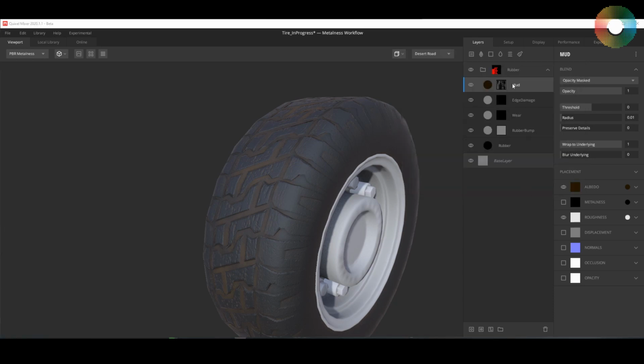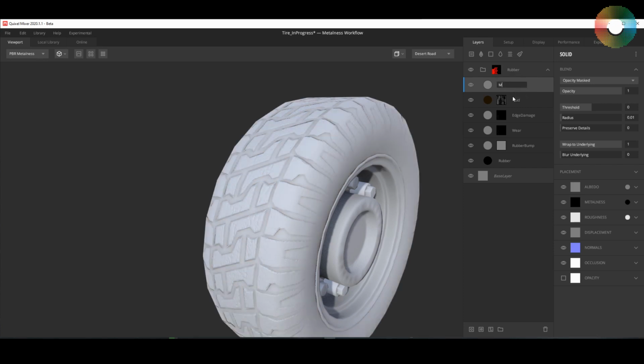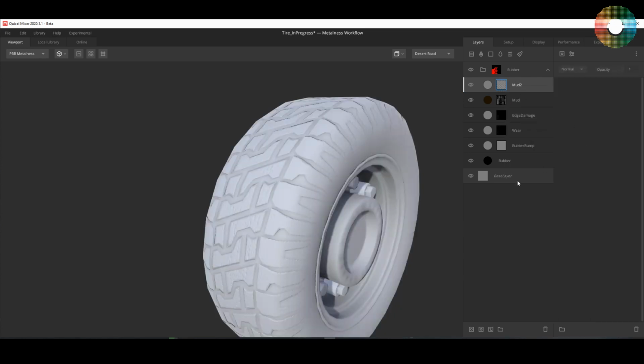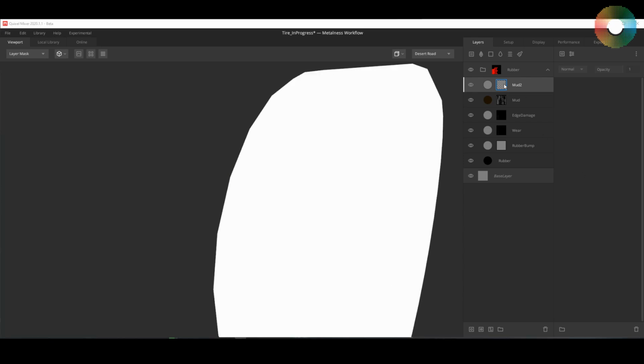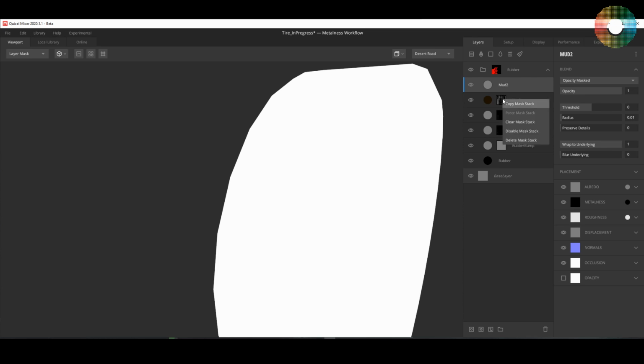So let's add another layer of mud. So add a solid layer, name it mud 2, and add a mask stack. Press 9 and get to work. To be a little faster, I'll just use the mask from the lower layer and then adjust it. So let's delete the mask that I just added and then copy this mask stack and paste it,